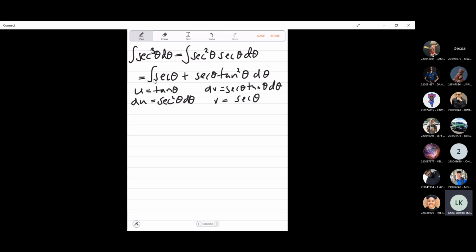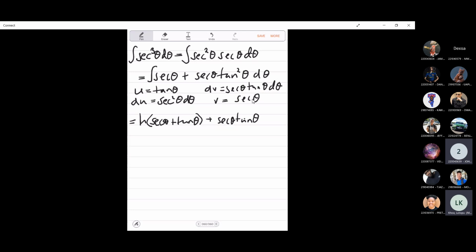The integral of sec theta, we said, is ln of sec theta plus tan theta. And then the integral of sec theta tan squared theta using by parts is u times v. So this is sec theta tan theta minus,